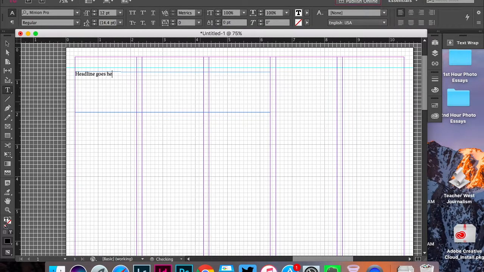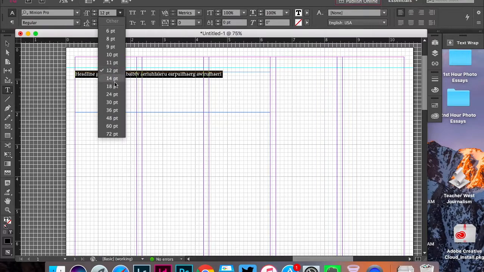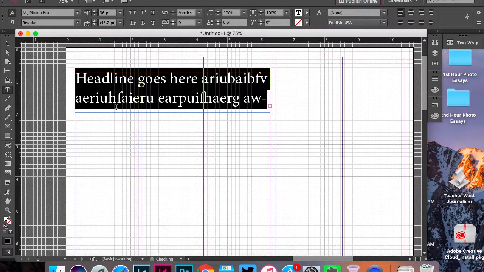headline goes here. And then I want to put some nonsense in here, because if you use all regular words, you have a greater chance of not actually writing the headline. Headlines tend to be bigger font, so I'm going to change the font to 36 point,